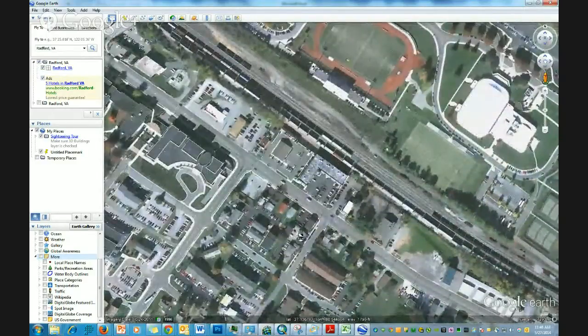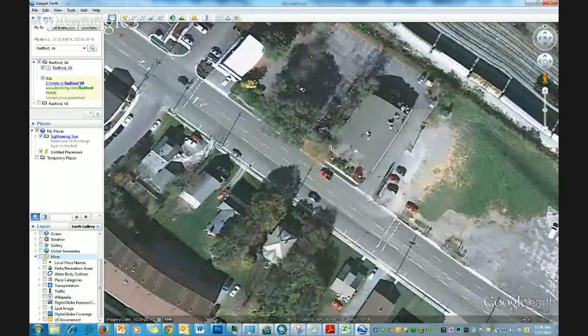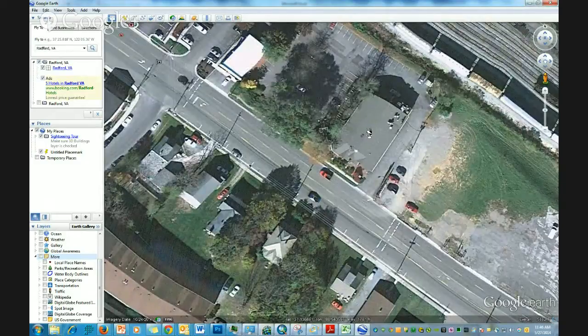What you need to do is hover over where that building is, and I'm going to use the middle of the building because I think that's the most accurate way to plot that location. Then you need to record the lat and the long. For this particular feature, our latitude for McAdoo's is 37.13672, and you want to make sure that you use all those decimal places,